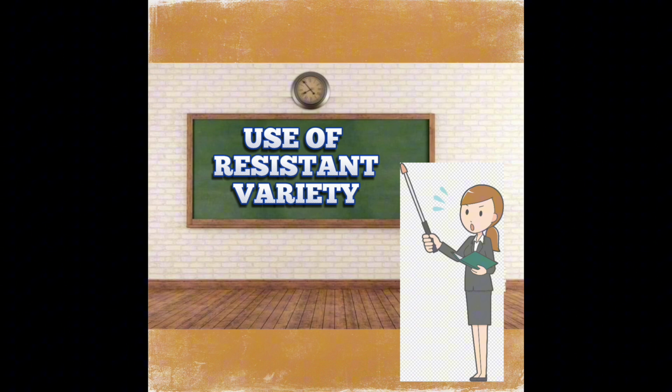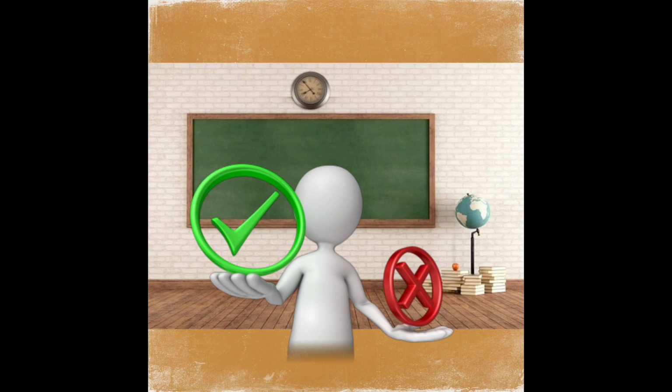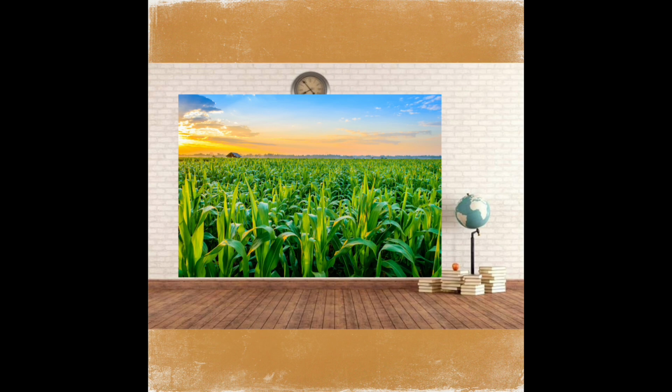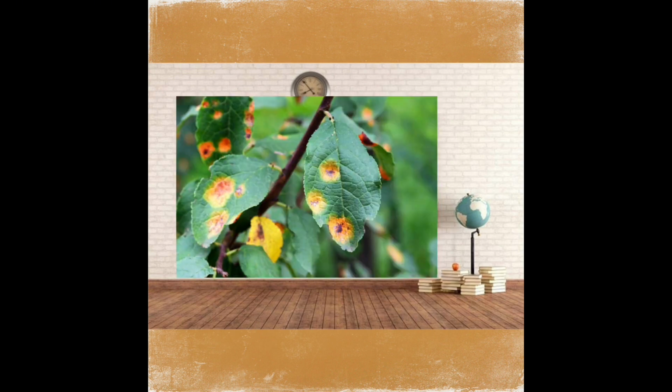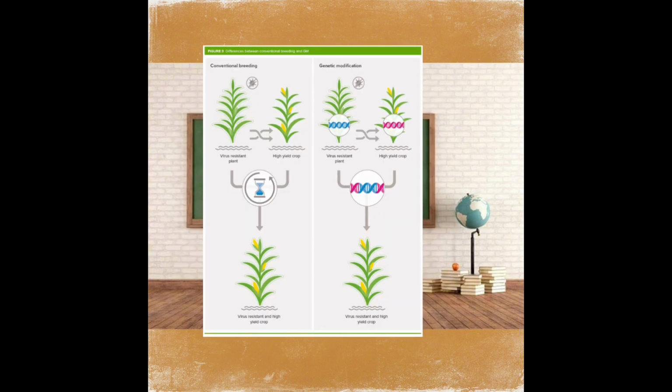Examples of cultural methods in integrated pest management are use of resistant varieties, crop rotation, crop residues destruction, tilling and cultivating the soil, pruning, and thinning. When we say the use of resistant varieties in integrated pest management, it refers to the practice of selecting and cultivating crop varieties that have inherent resistance to certain pests, insects, diseases, or pathogens. Resistant varieties are specially bred or genetically engineered to have traits that make them less susceptible to damage or infection